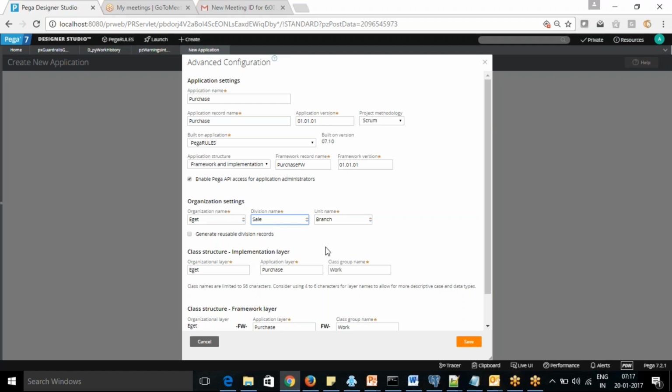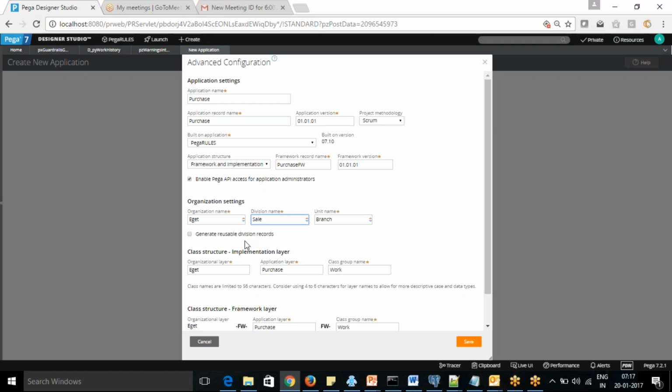Yeah, I got that, but in that case we'll have to create multiple classes in one particular framework. But my question is, we are creating in different frameworks as well, right? No, we are not creating a class for each. We have the structure in just one framework. For the application, we are creating the division there. We are not creating the application-specific rule; we are going to create the division-specific rule.